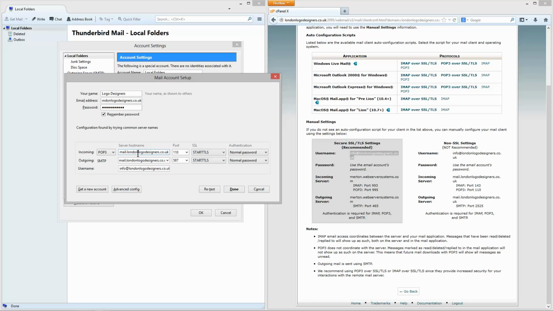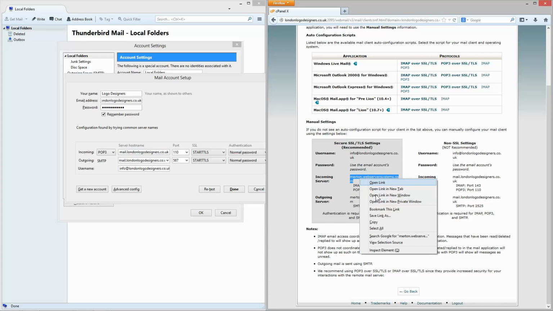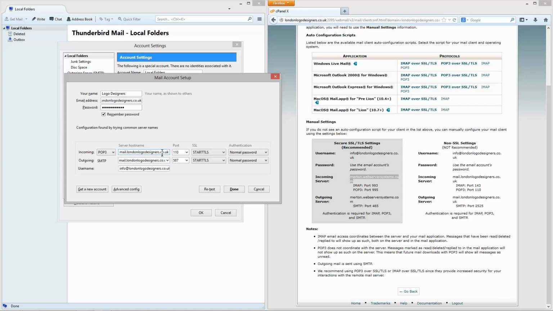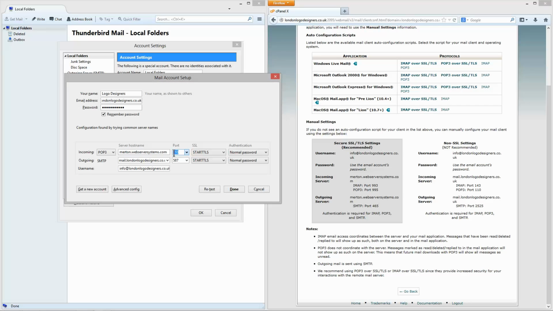So what we need to do here is put in this mail server. This is the correct one for the SSL encryption. Really it's found this mail server here, which is for non-SSL, so this is not really the right one. It's actually this one here, and it says the POP3 is on port 995, so I need to make sure I set that correctly. 995,